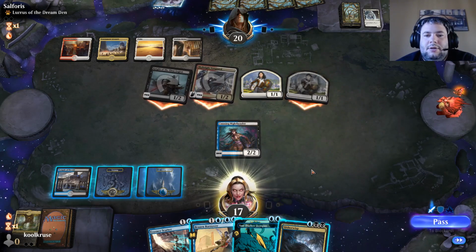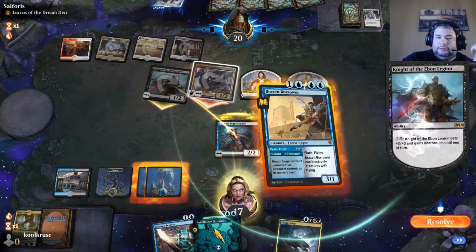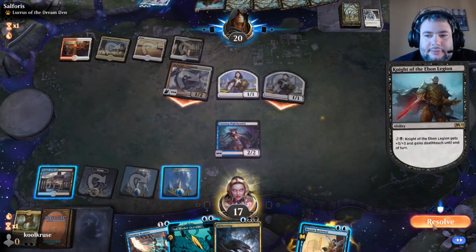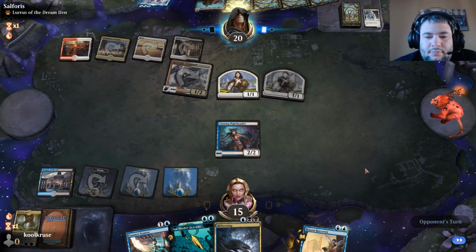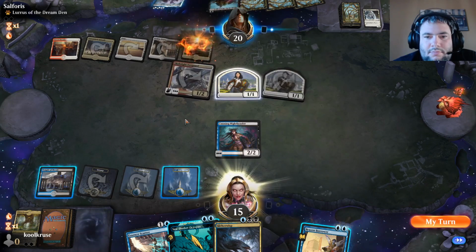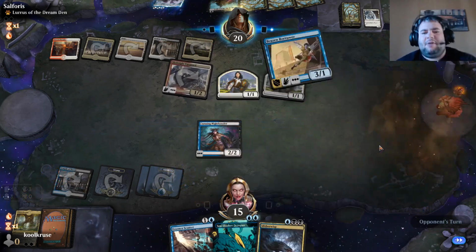So simply because it gains its tempo, we're going to go to blocks. We're going to block the knight. When he pumps, we're going to spin it back. And then when it comes down, we're going to kill it with an Essence Scatter. Oh, he doesn't even bring it down. In that case, we're just going to play out a Brazen Borrower. This might be getting shocked. It's probably a shock, but...